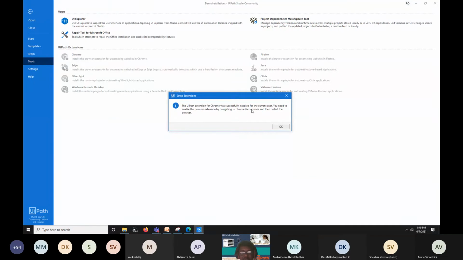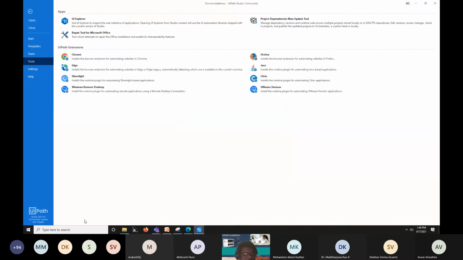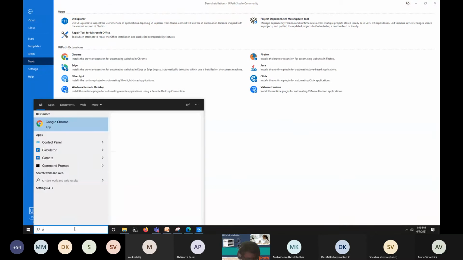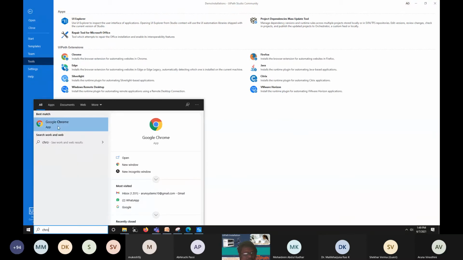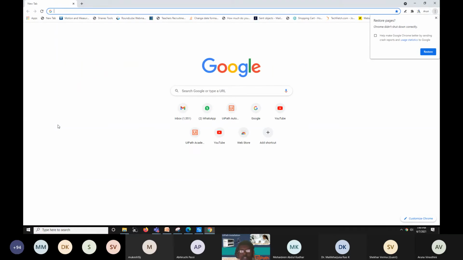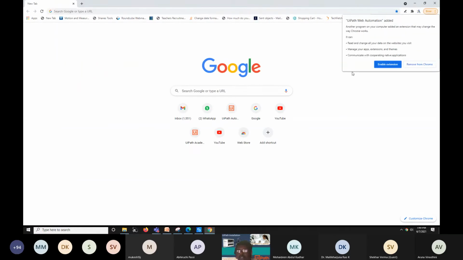You need to enable the browser extension. It is installed successfully, but we have to enable it. For that, just click OK here and open the Chrome browser again. When you open Chrome, it will immediately and automatically ask you to enable the extension.